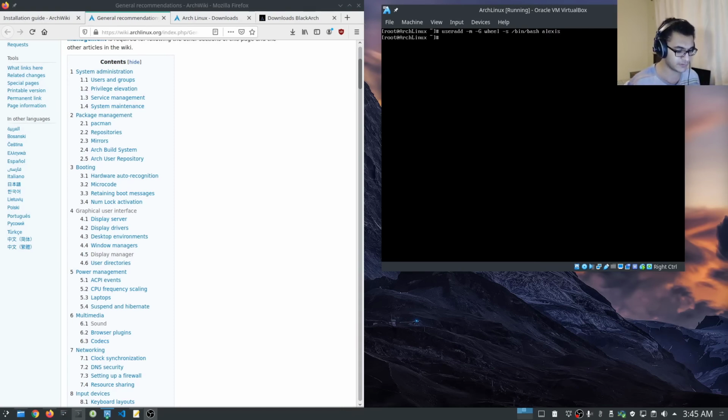Again, you can customize that the way you want. I'll then specify the password for the user Alexis, and there we are. We've set the password. We now need to modify the visudo file because I believe we need to specify or uncomment the wheel group so that we have those permissions set. So let's say visudo